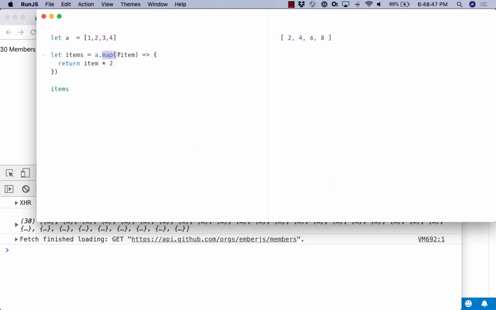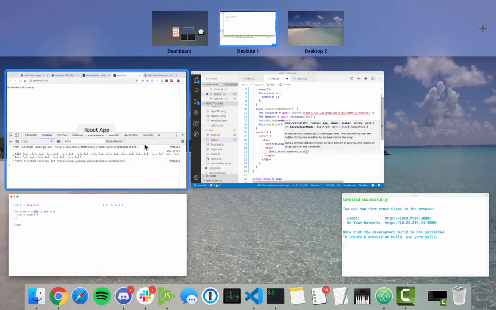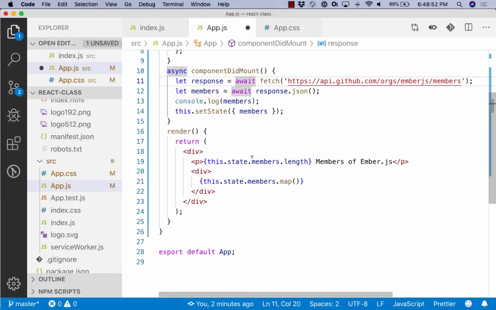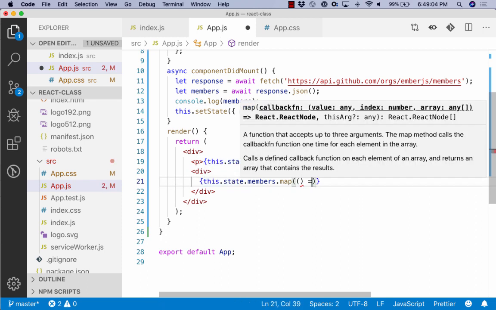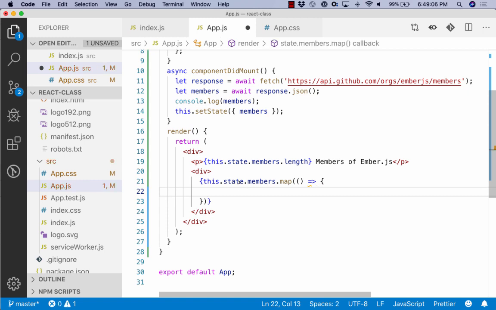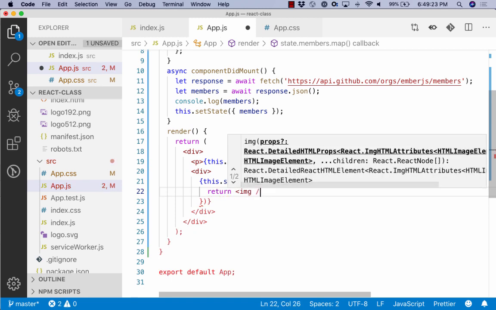So this map function exists on arrays, and this is particularly useful for React when you have a list of things and you want to render that list. So in these curly braces, I can pass it the result of map, and it will render each thing. So in this case, I'm going to map over it, and we're mapping over the members. And then what we're going to do here is just an image tag. So we'll say return image source is equal to